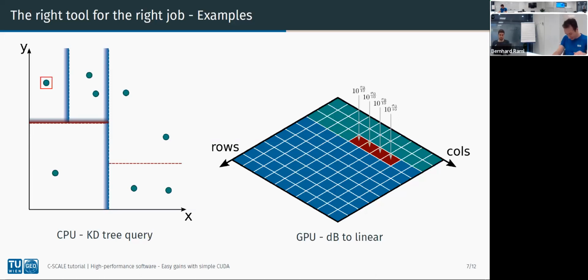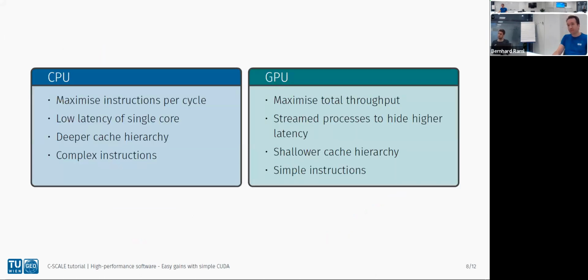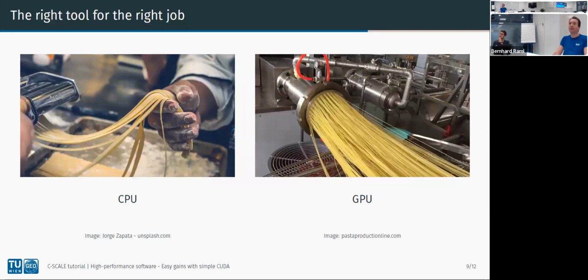There's also a specialized part I already mentioned, and GPUs for these particular tasks can be more energy efficient as well. So what you want to do is use a CPU if you want to maximize the instructions per cycle, and if you want low latency. I think I already talked about most of those things, so we're quickly going to skip over. I think that's too much detail anyway. So I want to leave you just with this